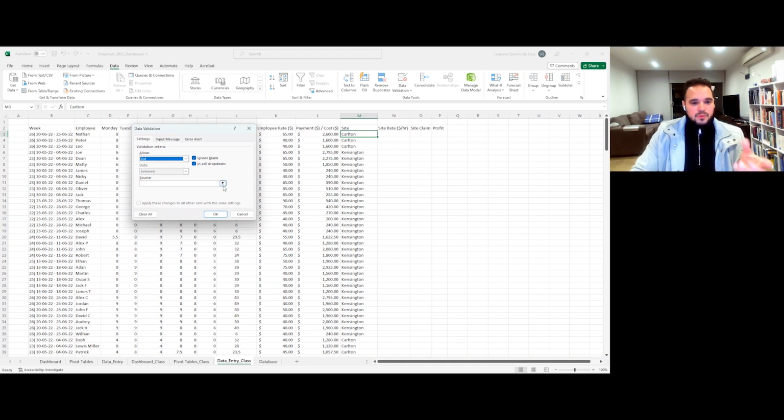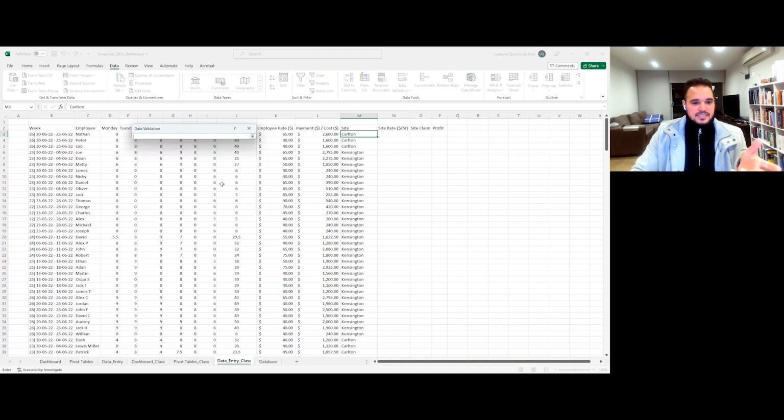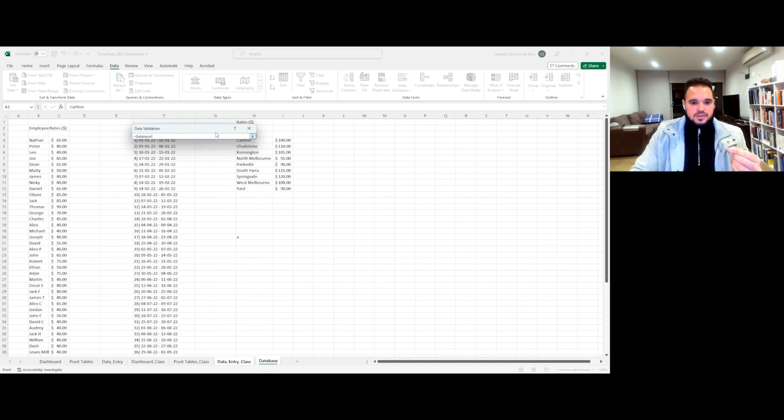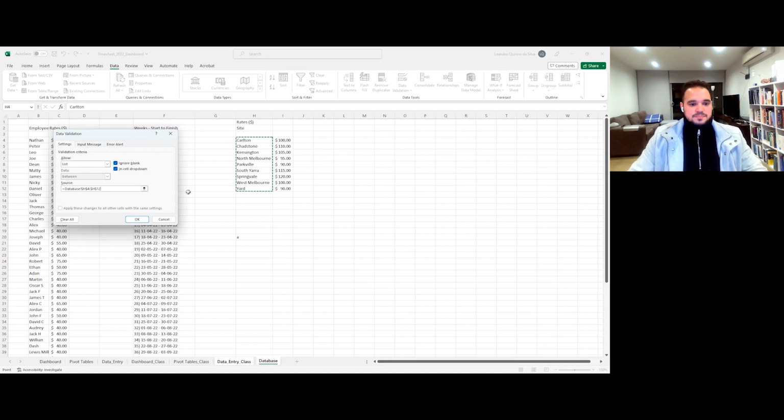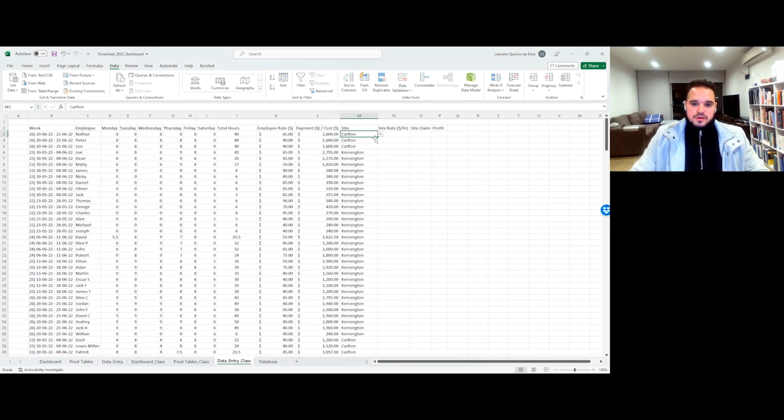Now I want you to get the table from the database. So in this database, you can select all the construction sites that we have, and then you press enter. So now, if you come back and look at this, you already have all the construction sites here,